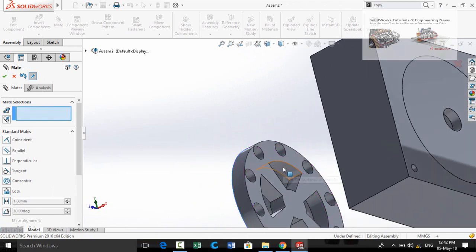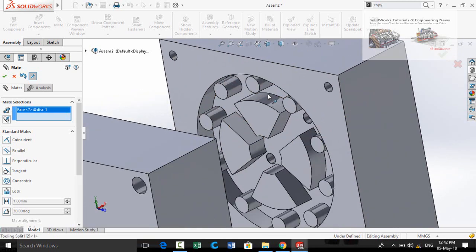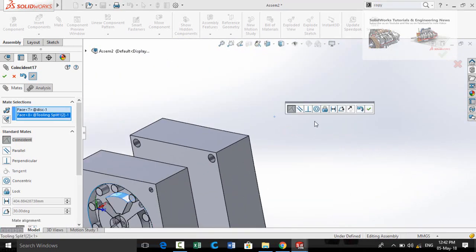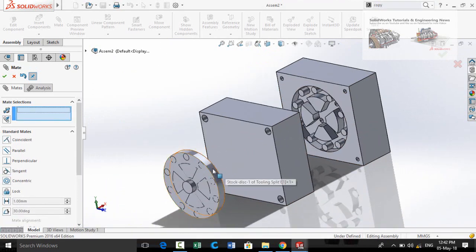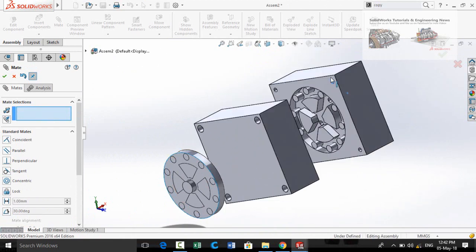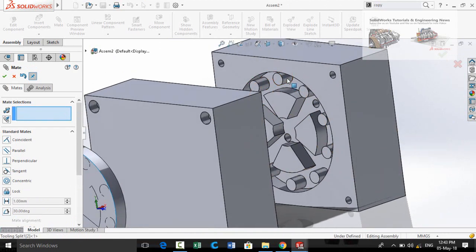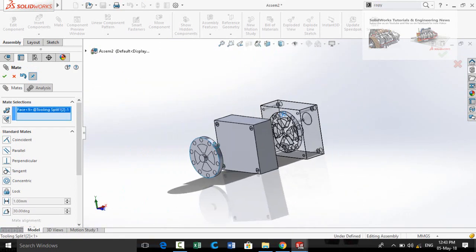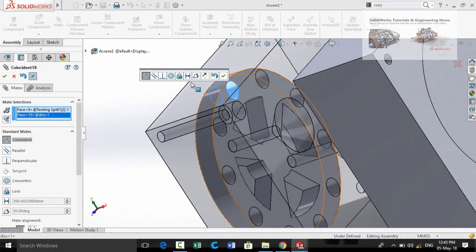Then select this face and this face. Again from here select concentric mate. Press OK button. Now select this cylindrical face and this cylindrical face.